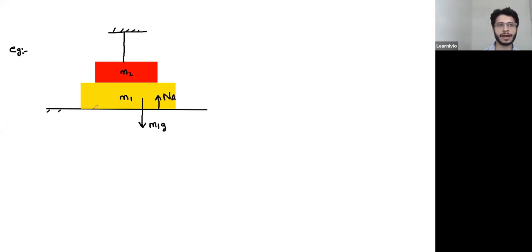This is the normal reaction on M1 by the surface. Then you have another normal reaction NA. This is basically the normal reaction which this body is acting on the surface, because forces are always in action and reaction pair. If the surface applies a normal reaction on the body, then in turn, the body will apply a normal reaction on the surface. So this NA here is normal reaction